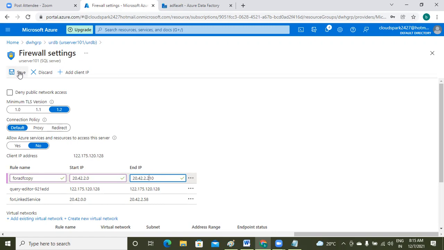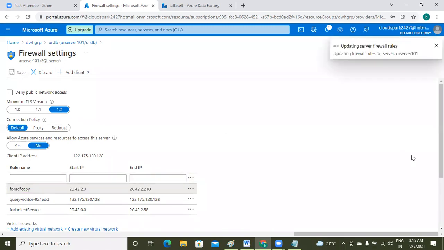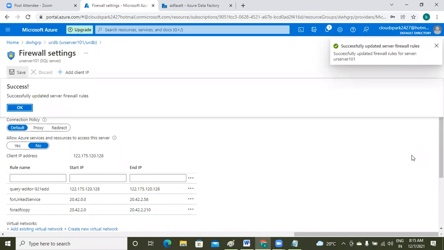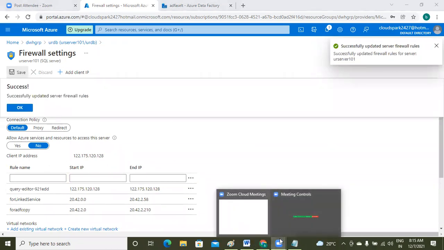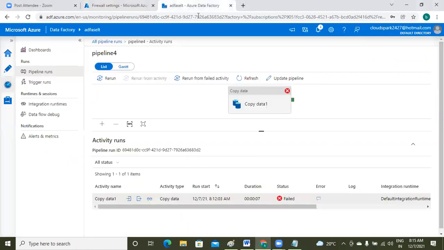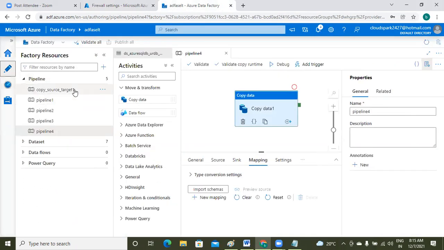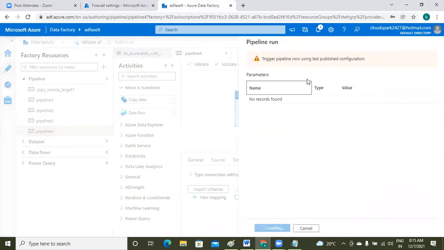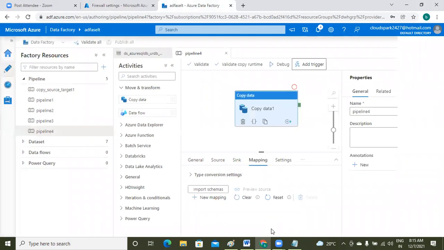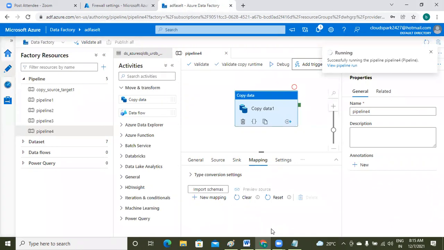But I'm just trying this trial. Please check. Once again, I am going to run the same pipeline, sir. Where is the pipeline name? Pipeline 4. We did not give any meaningful name for this. Okay, once again, I am running this. Just check.